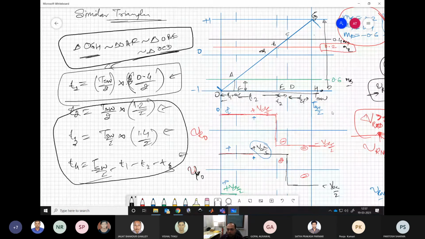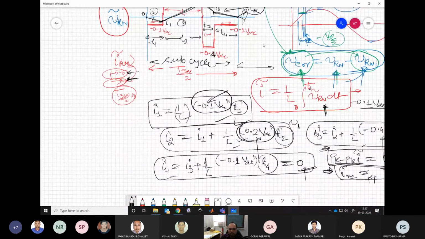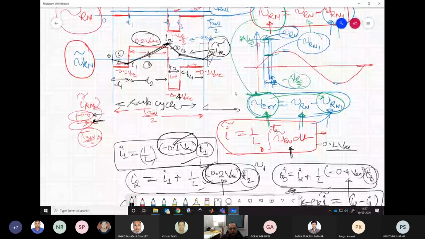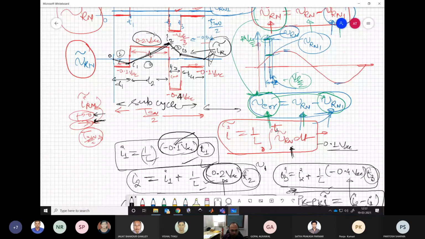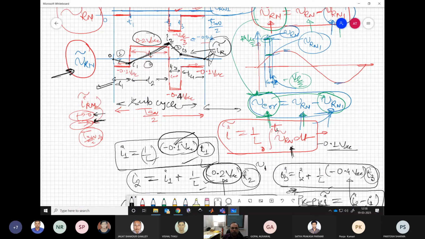So this is how we can do exact current ripple analysis of sine triangle PWM or any carrier based PWM in this manner. We need to know the ripple voltage applied on the system. Then we need to know these intervals, which we can solve by the similar triangle method, and then we can get the exact location of these current peaks I1, I2, I3, and I4 is of course 0 because it is starting from 0. So whether peak to peak ripple or the RMS ripple or anything can be solved very easily. Am I clear?